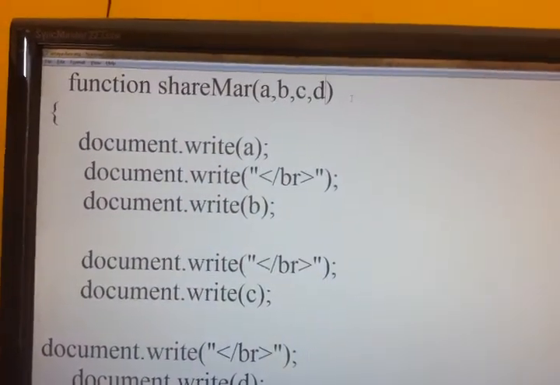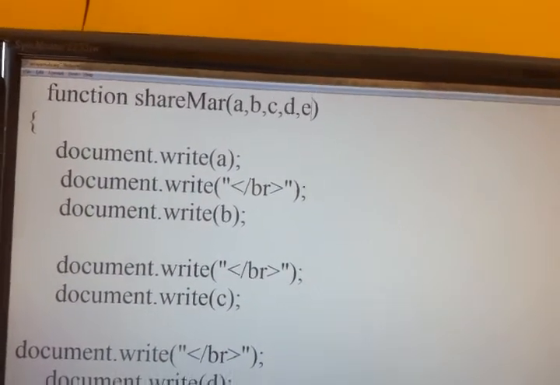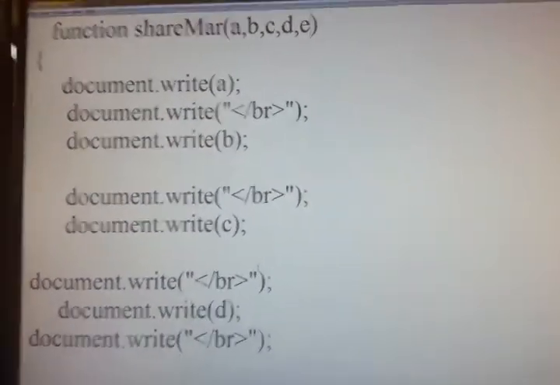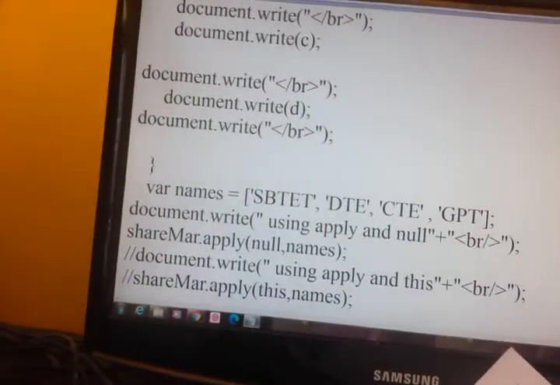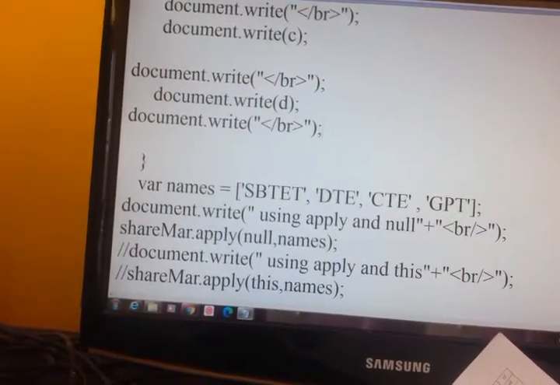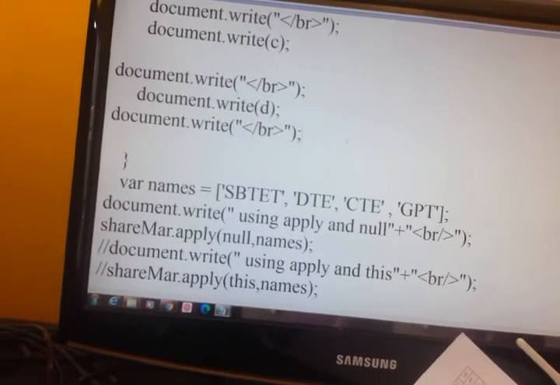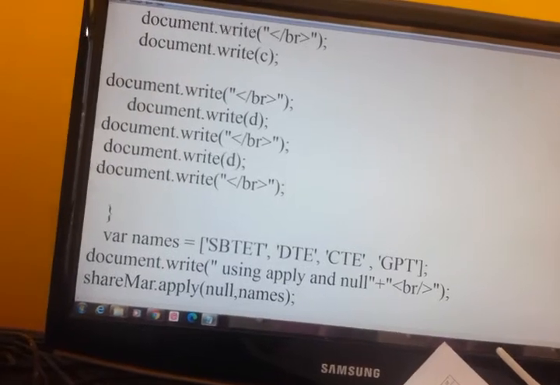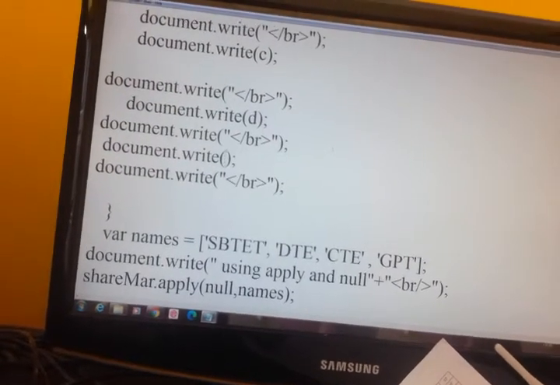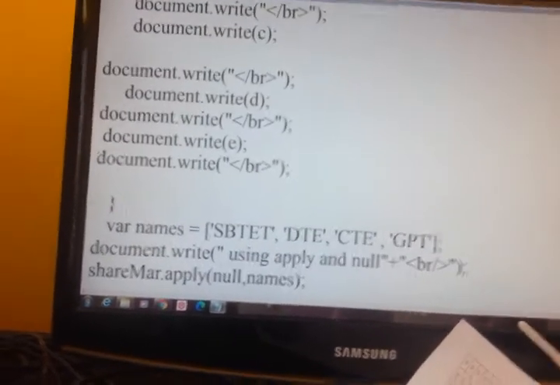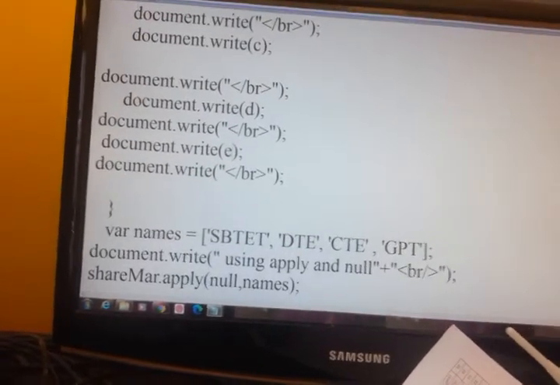Now suppose you have given another extra parameter, and you are trying to print that, but you haven't given any element. What will you get?